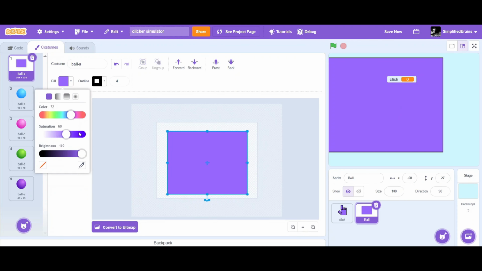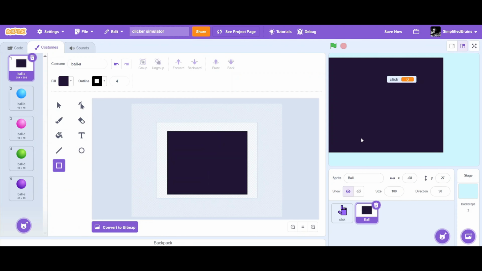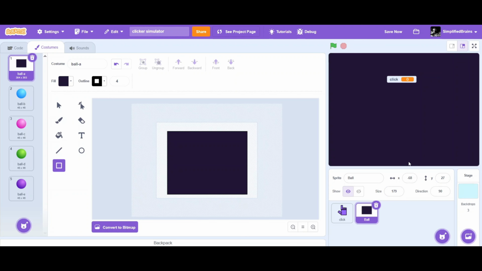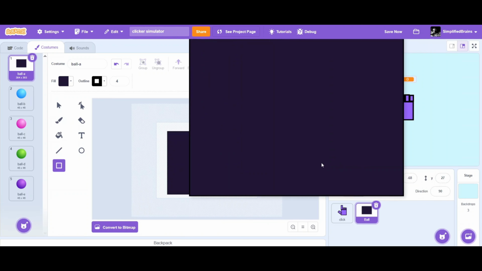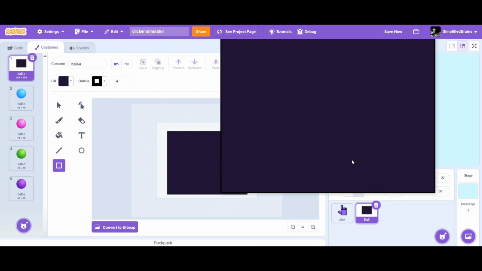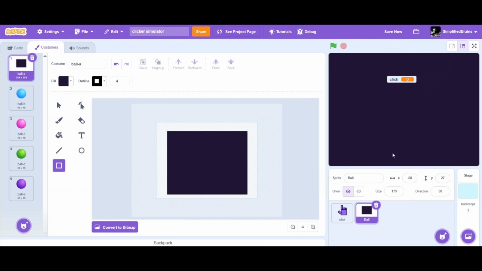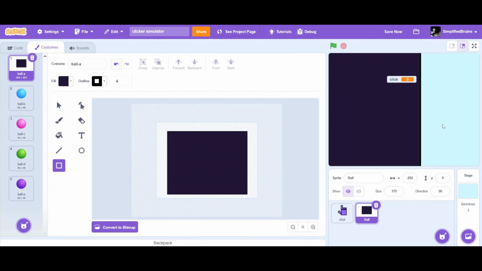I'll change the color, maybe a darker purple UI. Change the size to 200. So there you go. And let's just drag it over so the shop covers up maybe half of it. Oh yeah, there. So now,